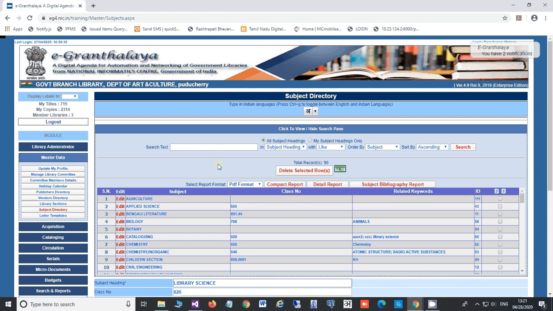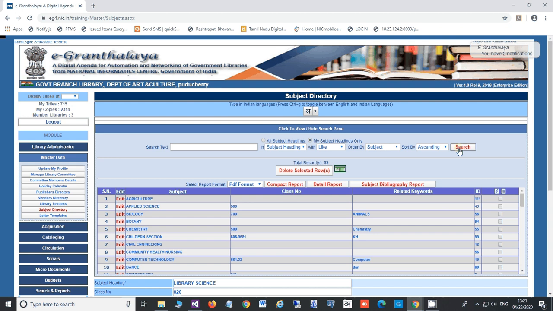Whatever subject headings are already created by libraries, you can view them, you can search them. Here again that option is given. You can search all subject headings, meaning whatever was entered by any other or all libraries. Second option, my subject headings only, the subject headings on which books are available in my library.